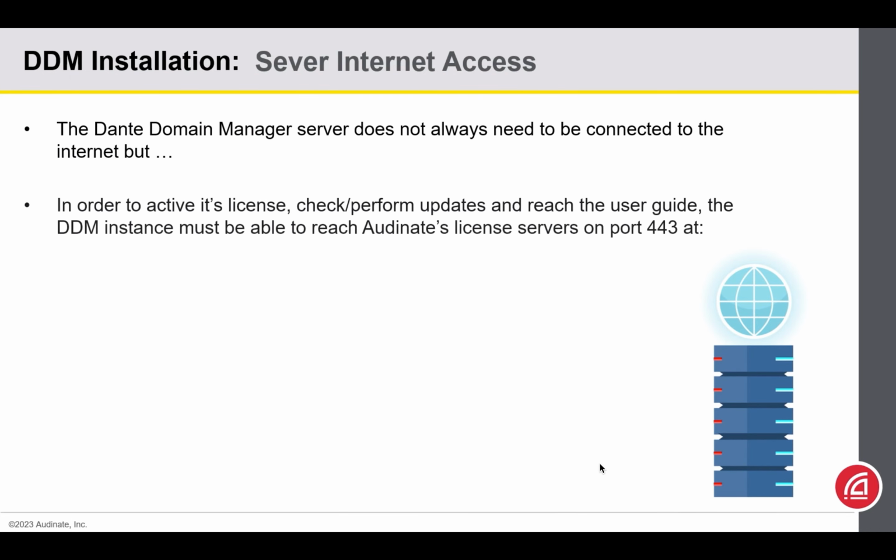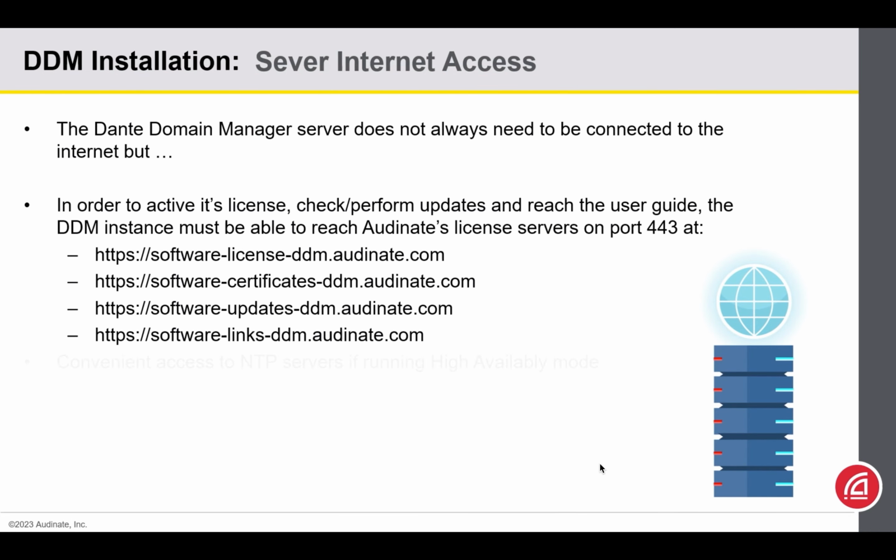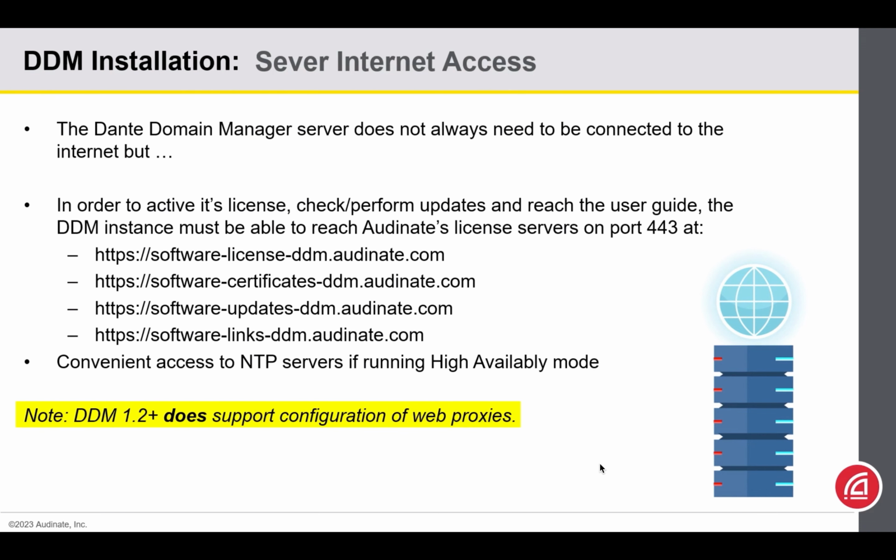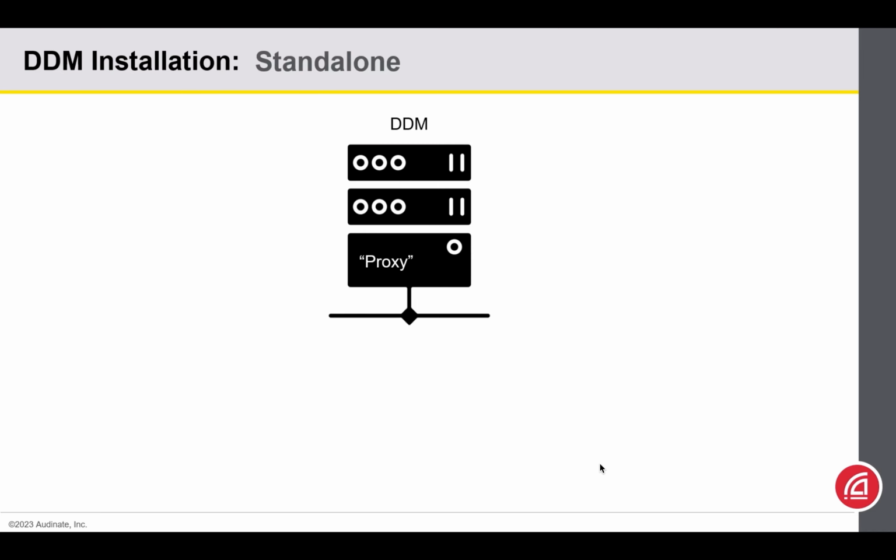So these are the sites DDM needs to connect to on port 443 to get the information. Finally, be aware that DDM version 1.2 or higher already supports web proxies. Like we've mentioned before,